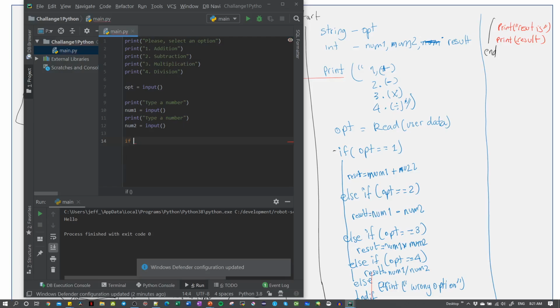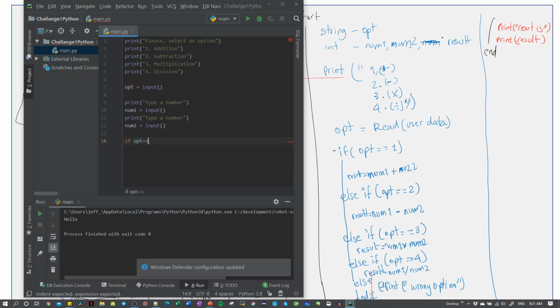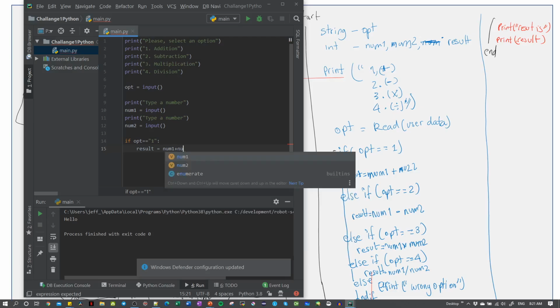Okay, so if we have here, we'll need parentheses here, if option is equal to 1, then we have result equal to num1 plus num2,